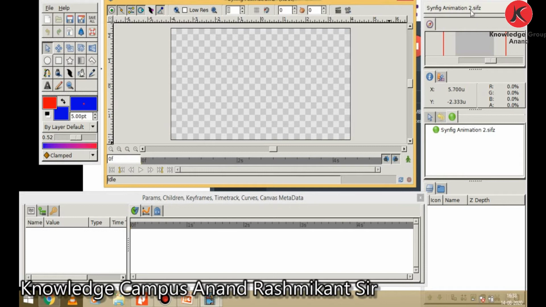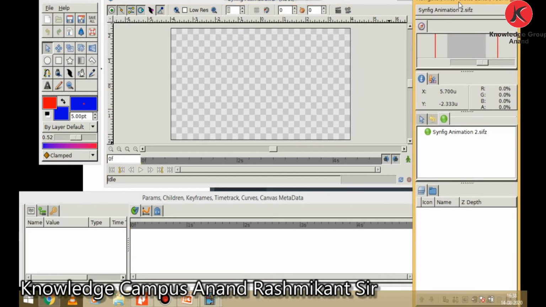Now the panels. We have two groups of panels, vertical panels and horizontal panels. Generally, Synfig has different types of panels like layer, parameter, history, etc. Panels contain tools and information about certain elements of your project. Some panels will allow you to modify these elements. The two windows on the bottom and to the right are customizable dock dialogs. Each dock dialog contains a set of panels which are arranged horizontally or vertically.